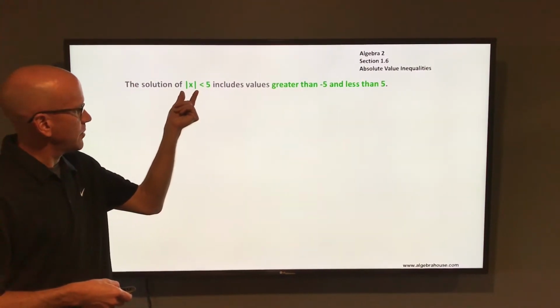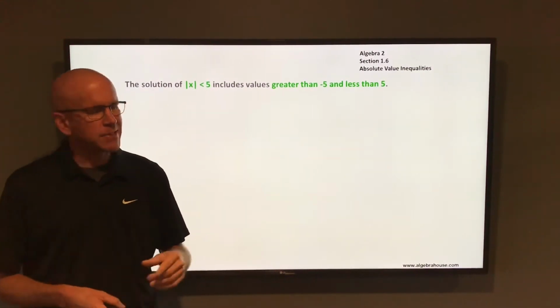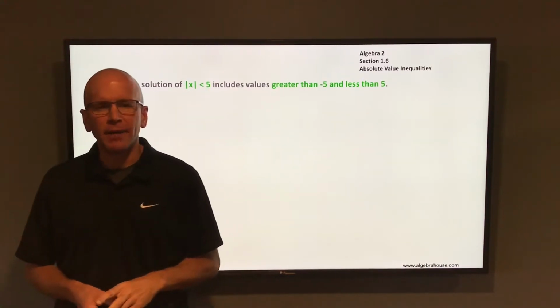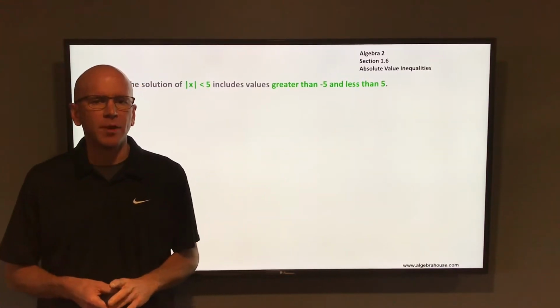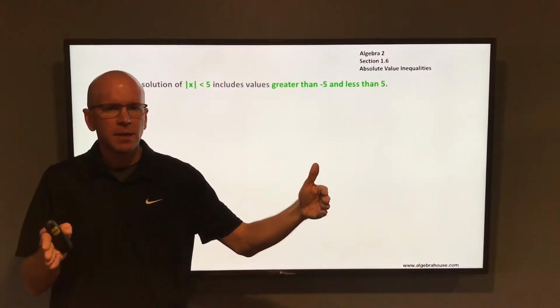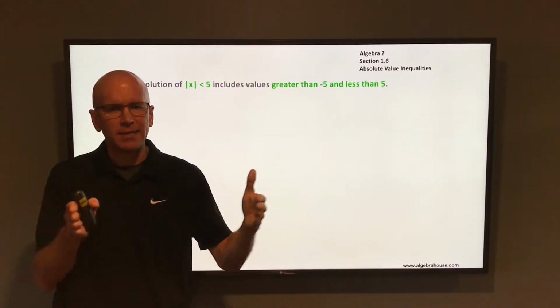If you have the absolute value of x is less than 5, think about what that means. That's saying that the distance that x is away from 0 is less than 5. Well, there are two numbers that are 5 away from 0. You have negative 5 on the left and 5 on the right. So if the distance that x is away from 0 is less than 5, then x lies in between that